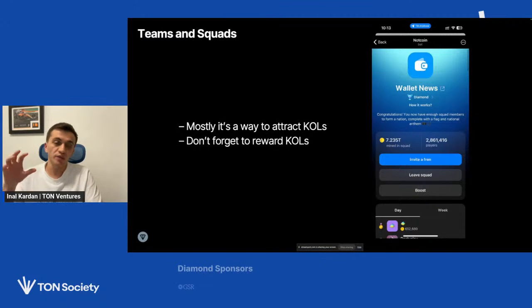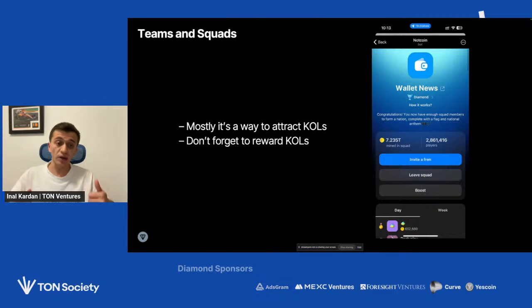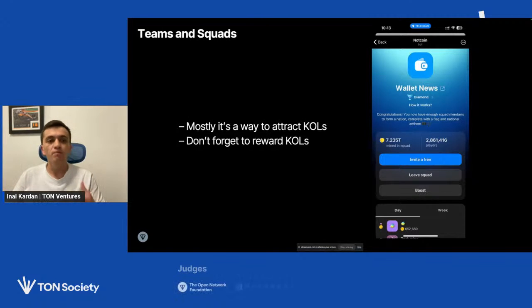A typical user has 30 friends, 50 friends, but KOLs have thousands or hundreds of thousands of followers on Telegram, following their channels, or even not only on Telegram, but on YouTube or TikTok, wherever. So incentivizing KOLs and bloggers to attract their audience to your application is also one of the best things that you can build.